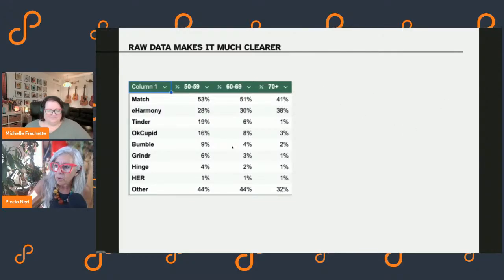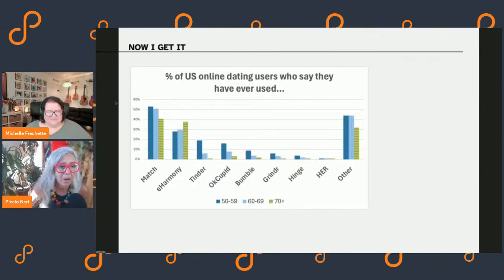So I'm really aware of time, because I know you will stop me and you will be right. So we've got like 5 minutes. I just want to show you another way. So this is another way of... so we saw the raw data, and then here we've done a comparison vertical bar chart that completely tells the story visually.